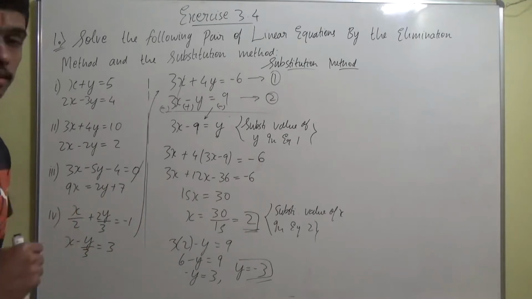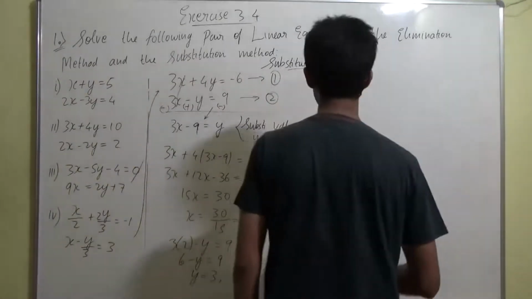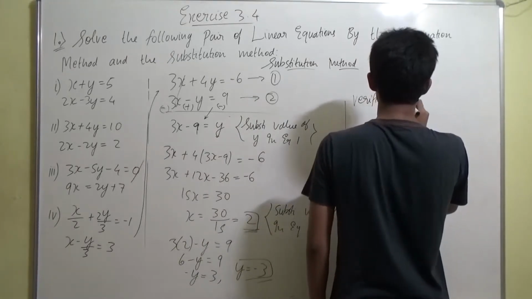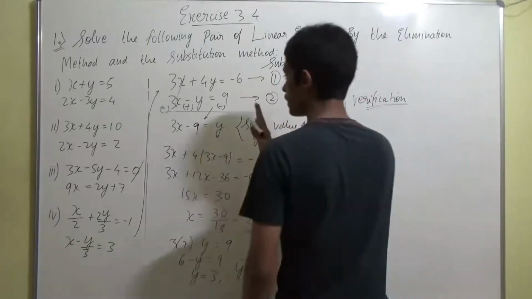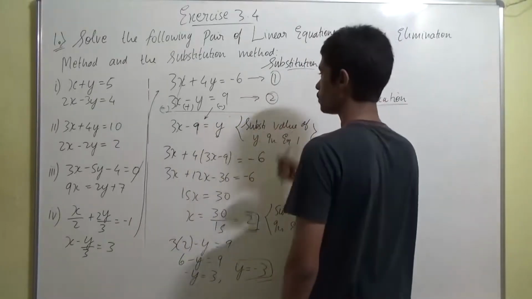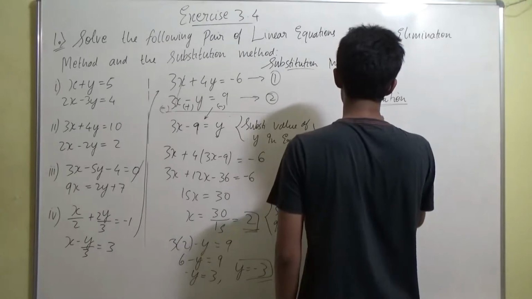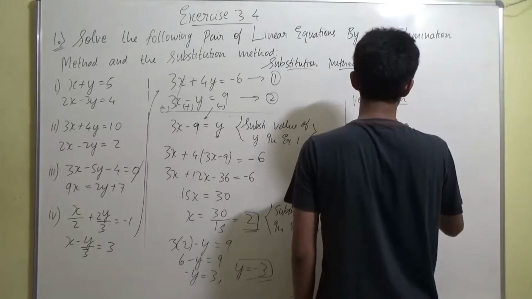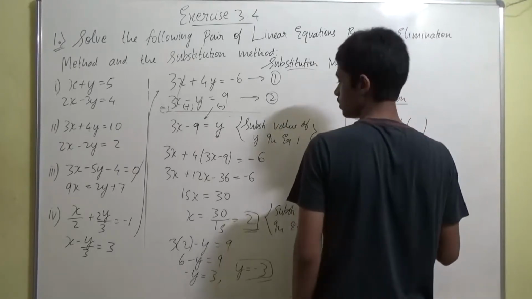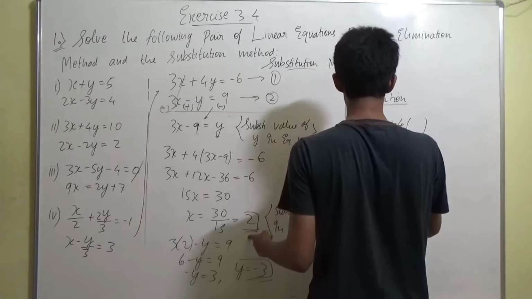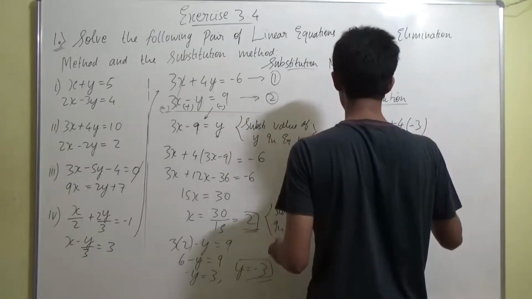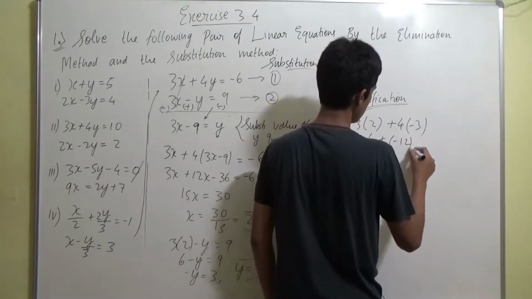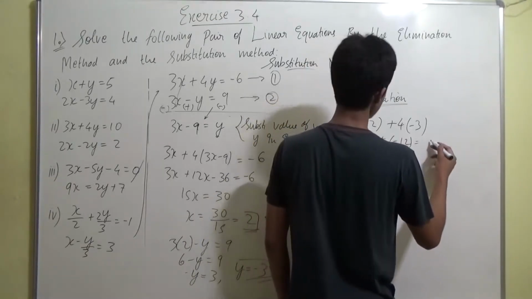Now let's cross verify this. That is, we'll do the verification step. In verification, you put the value of x and y back into the equation and check whether LHS comes out equal to RHS, right? So x value we'll put as 2 here and y value we are going to put as minus 3 here. So it becomes 6 plus of minus 12. We are going to get minus 6, right?